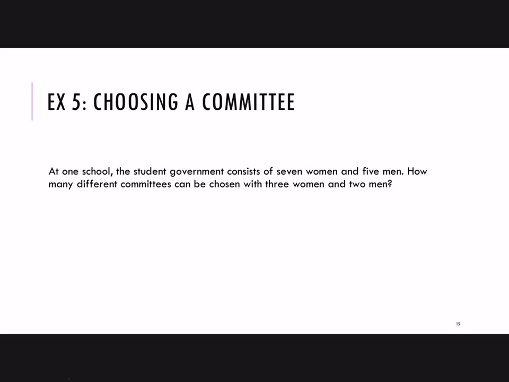All right, so one thing we could do is try to group everything together and say, okay, we've got 12 people and we want to choose 5 of them. The issue with this is that you may end up with one of those choices that has all 5 as either men or women. We have enough women and enough men that that's a possibility. So what we need to do is make sure that we have exactly 3 women and 2 men. So we need to think of those two as separate choices